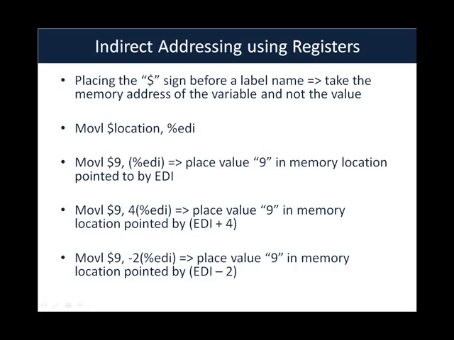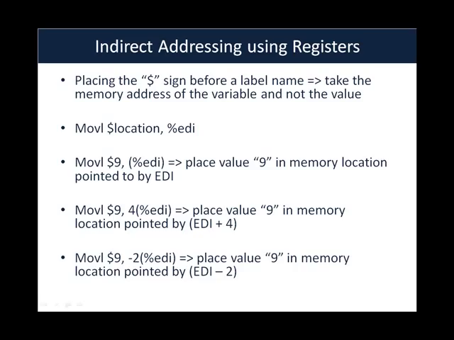Now, how do you transfer the address of a location into a register? Very simple. Take the address and move it into the appropriate register, in this case EDI. Once you do this, EDI contains the address of location. Now if you want to move a value, let's say 9, into location using the EDI register, then the way